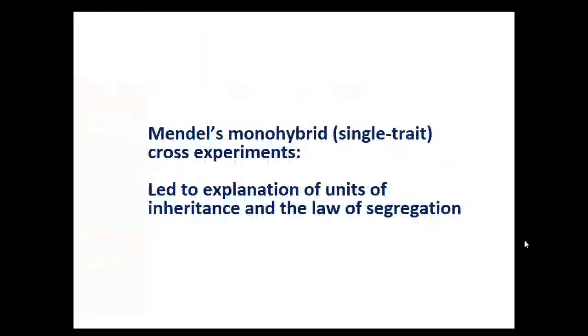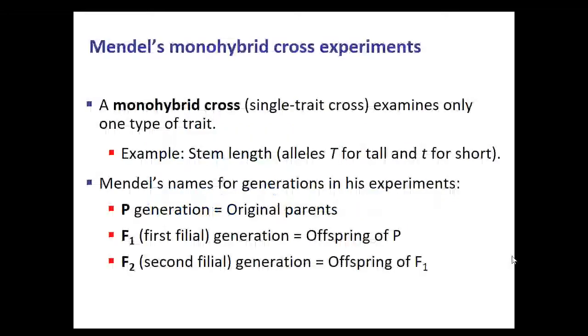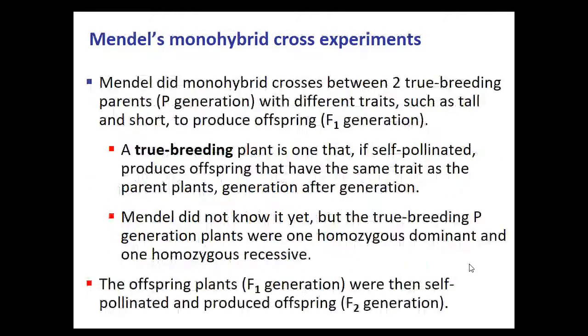So he did these experiments called monohybrid. Monohybrid just means we're focusing on one trait at a time: seed color, or tall or short, or wrinkled seeds or round seeds. Just one trait at a time. That's what it means by monohybrid. And so he'd start with plants that are described as true breeding. That means that